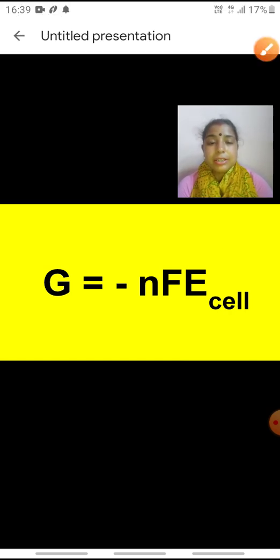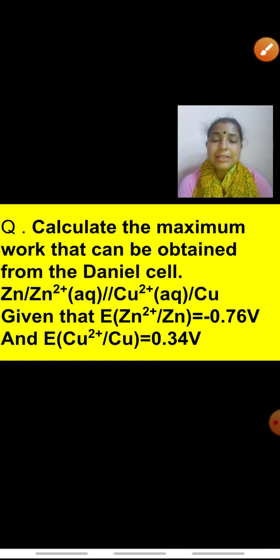Now, children, the next thing today I am starting with is the next type of cell, the electrolytic cell, and we'll study about electrolysis. Children, I hope you all are able to understand the relationship between the Gibbs energy change and the E naught of cell. It is a short thing, so I have explained with the help of one numerical. Now, you can do more numericals for practice. I'll give you more questions today in the form of PDF. So, do solve those questions.